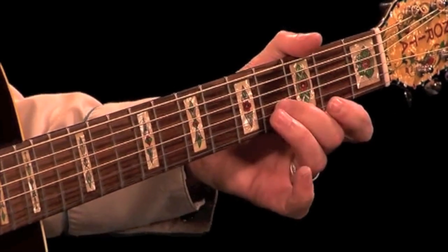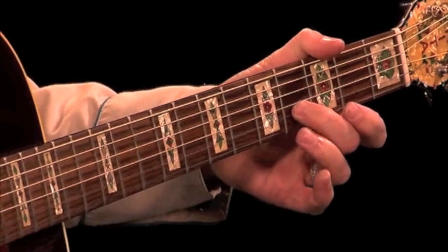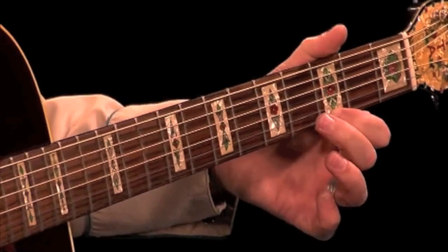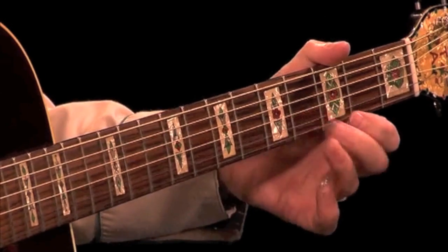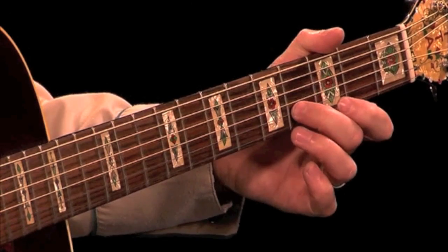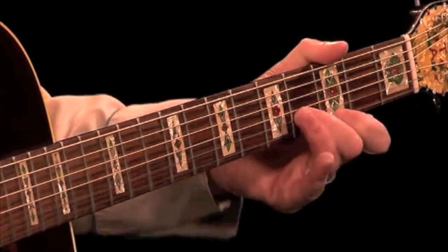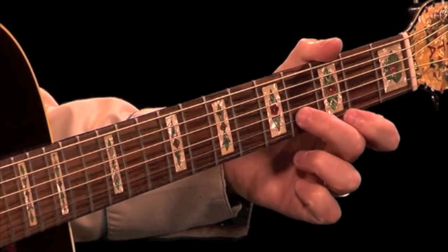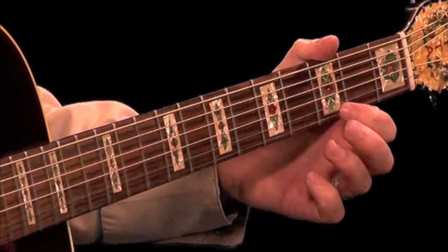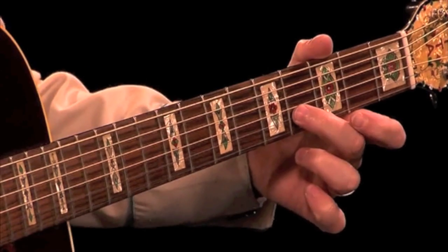So what that is, 4th fret 2nd string. You're going to bend it up to our 3rd fret 1st string. Now it sounds like he gets that 1st string in as well when he does that 2nd string. But for the sake of just showing you the notes that we're playing, I'm going to just stick with that 2nd string 4th fret. So we've got 4th fret, 3rd fret 1st string, back to that 4th,